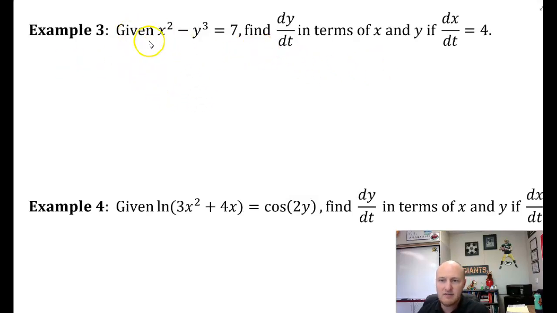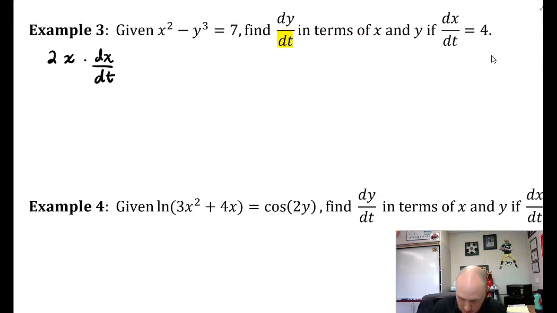Example 3. Given x squared minus y cubed is equal to 7, find dy/dt in terms of x and y if dx/dt is equal to 4. Okay, so based upon this, I need to find dy/dt. I'm differentiating with respect to t. So let me differentiate. We have 2x times dx/dt minus 3y squared times dy/dt, which is equal to